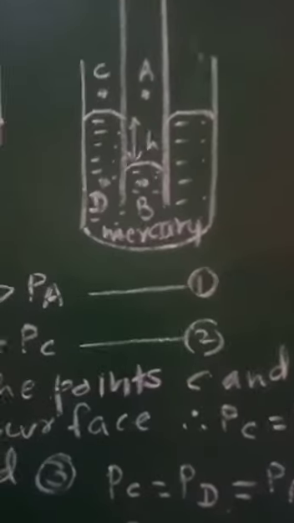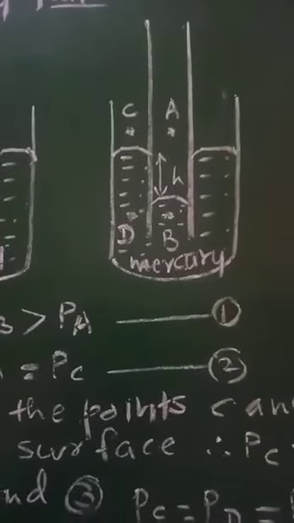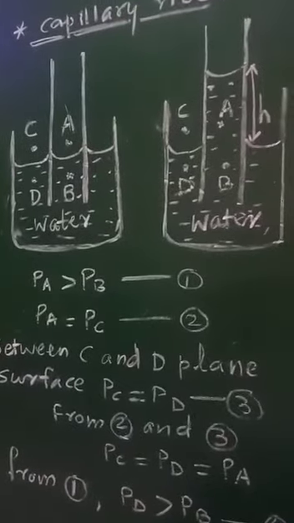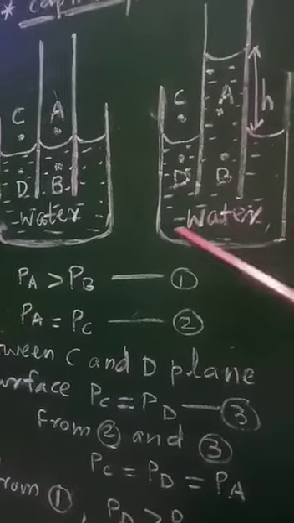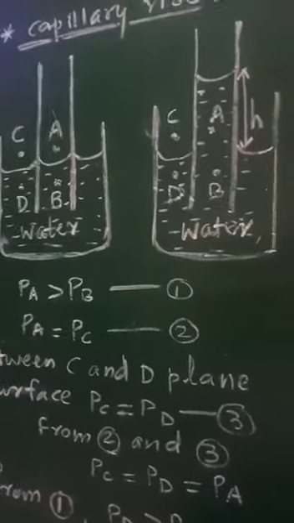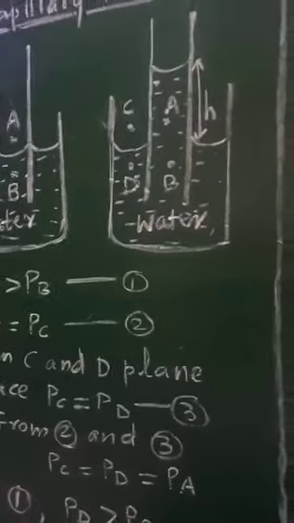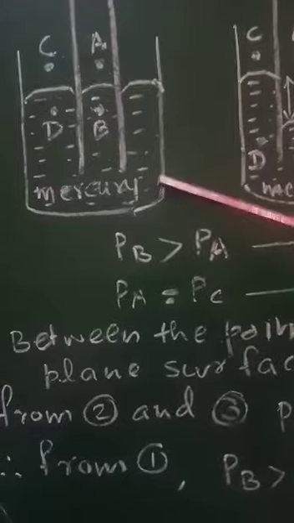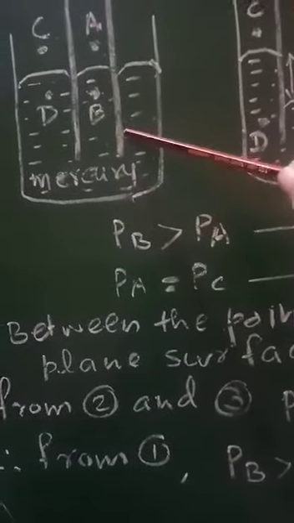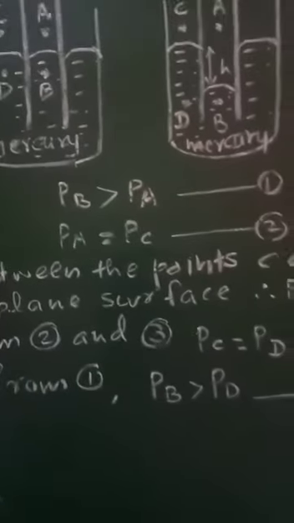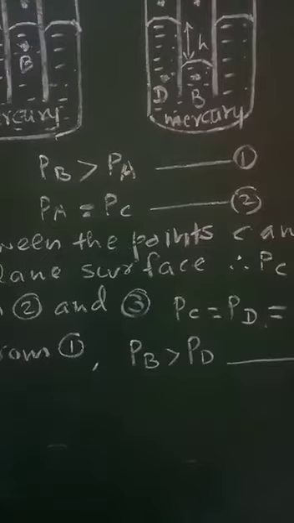So like this there will be fall of liquid level inside a capillary tube, and therefore we can say that if any liquid partially or completely wets the given solid, like water in contact with this glass capillary, there will be rise of liquid through height h. On the other hand, if any liquid does not wet the given solid, that is mercury will not wet the glass, and therefore in this case there will be fall of liquid level inside the capillary tube.